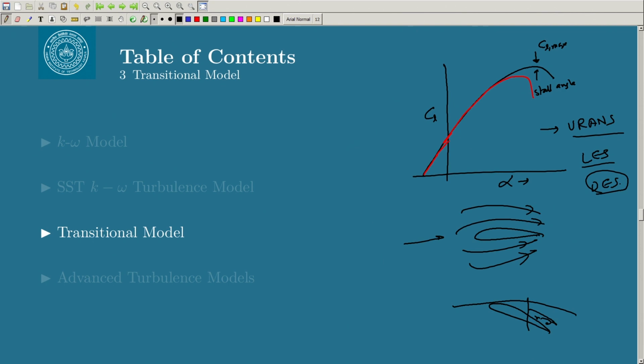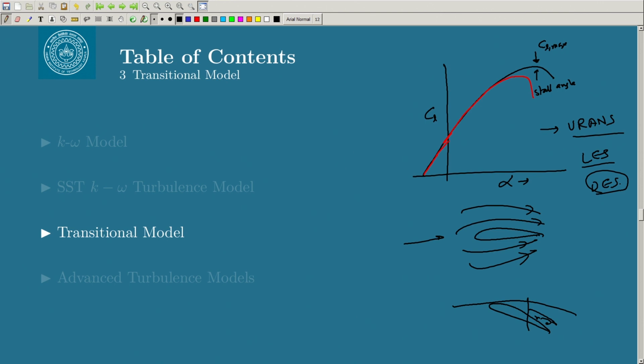So, the flow may be laminar in some region, turbulent in some region, and in between it may be transitional, right. You know that when the flow is laminar, the skin friction is low. As soon as you go to turbulent, the skin friction becomes very high. In the transitional region it starts rising, and then the turbulent region is higher than the laminar flow,